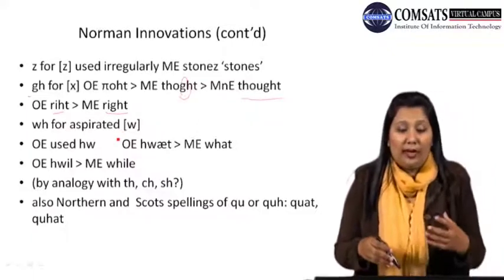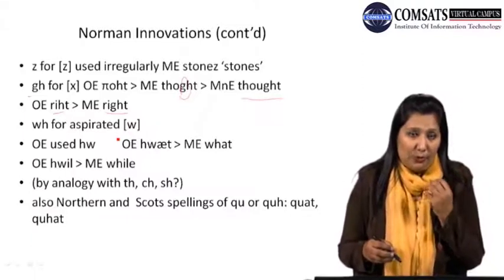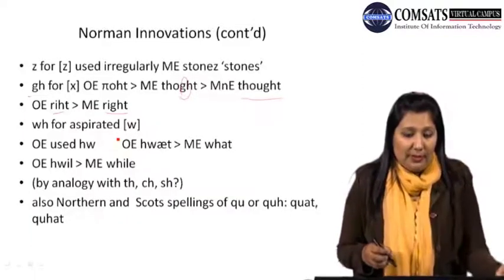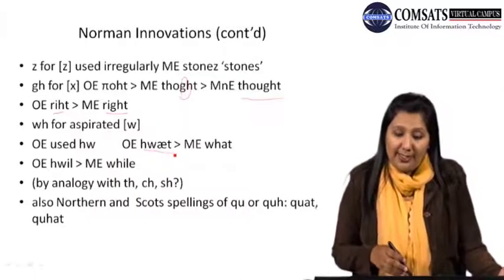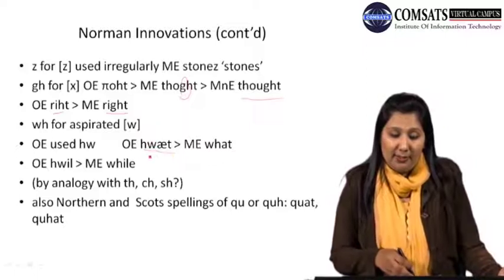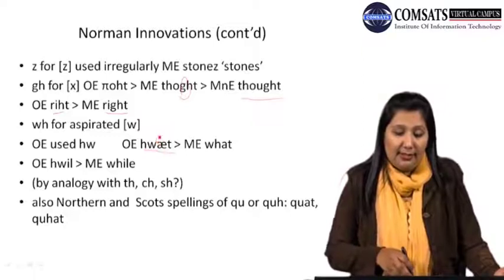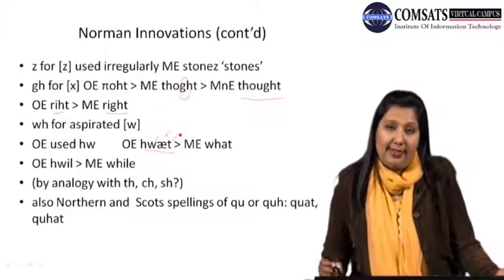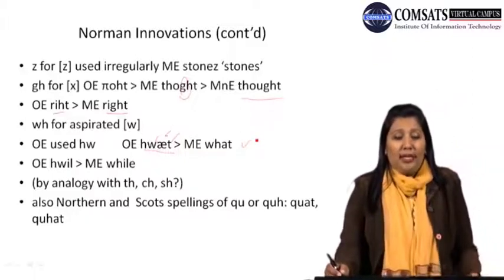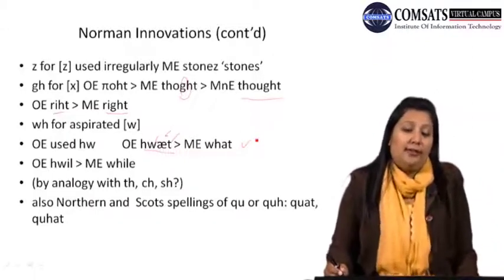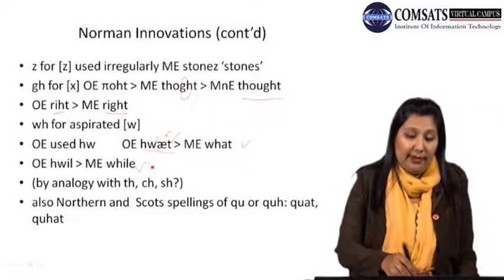V sound for aspirated v, where you breathe in, v. Old English used have. In Old English, hout, her, thumbs, and wait, a sound. This is her, this is v, a, and t. Have it. And in Middle English it makes what. In Old English it makes will, whereas in Middle English it makes while.